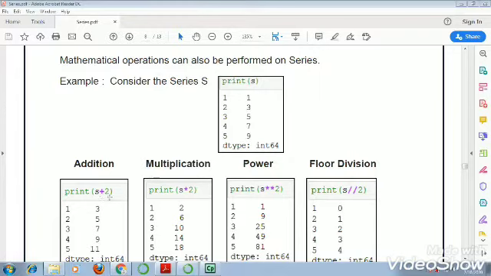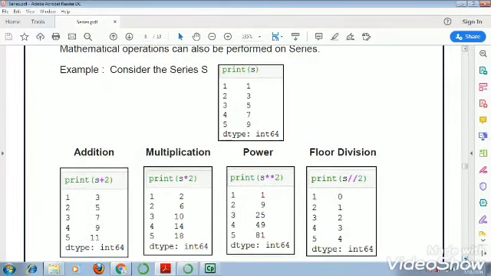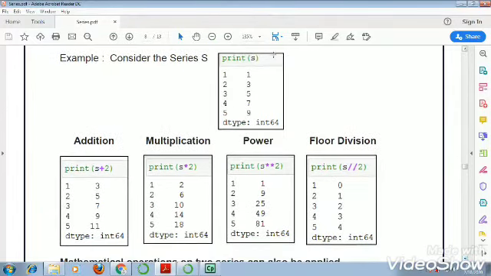So suppose we are going to add 2 in the series, then it will be added to each element of series. You can see here first element is 1, so 1 plus 2 is now 3, 3 plus 2 is 5, 5 plus 2 is 7, 7 plus 2 is 9, and 9 plus 2 is 11.